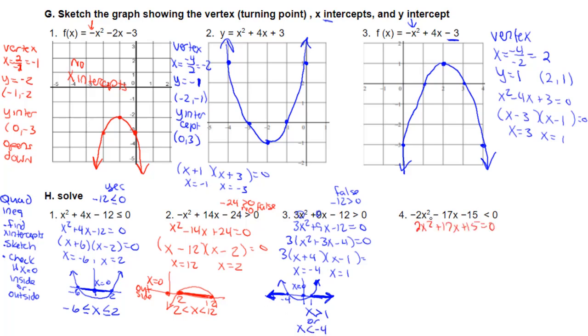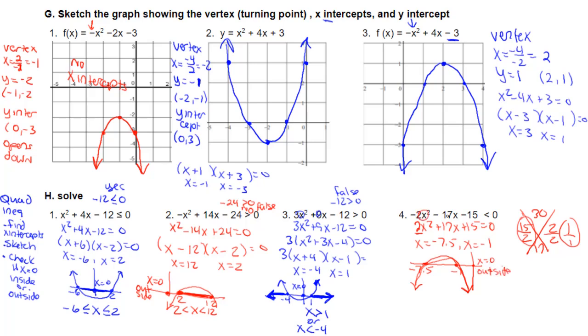And then the last one here, it's got a bigger than 1, so we use the x factor. And then we find out that our x-intercepts are going to be negative 7.5 and negative 1. We draw our quick sketch. It's going to open down. X equals 0 is going to be on the outside. When we plug that in, we find out that the 0 makes it true. So that means that the answers are going to be on the outside. And so we've got x is greater than negative 1 or x is